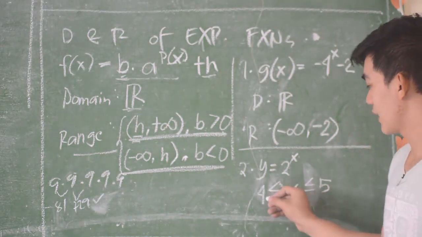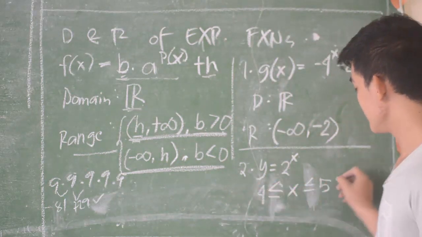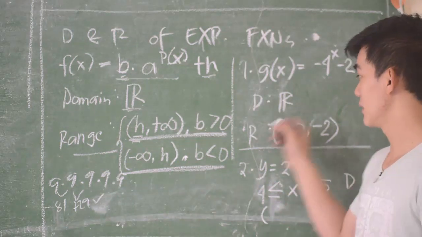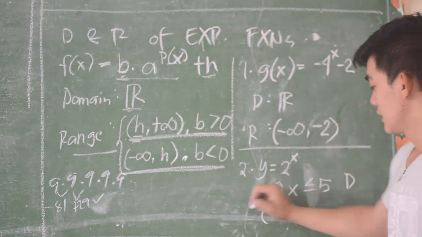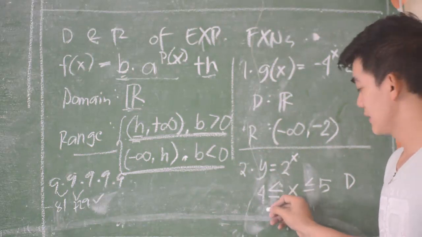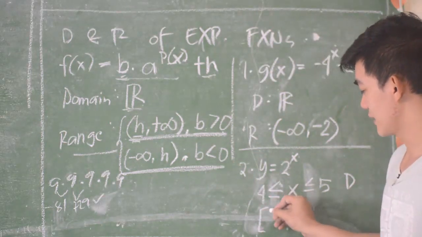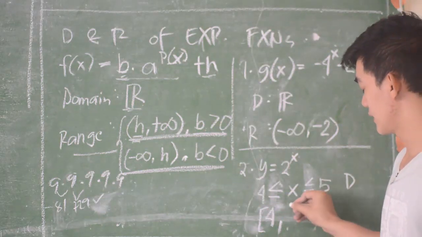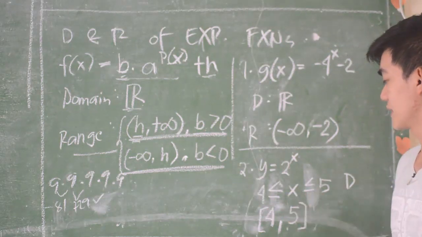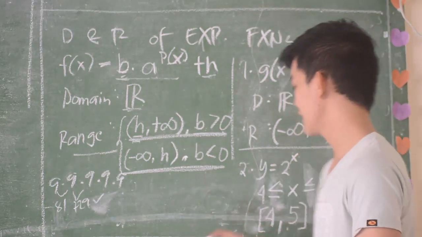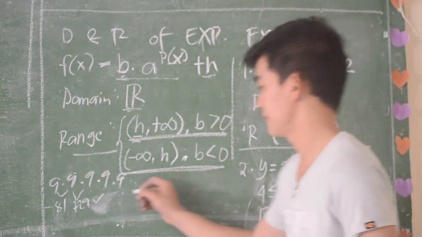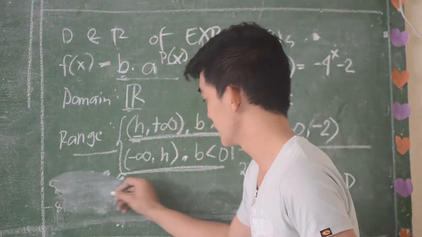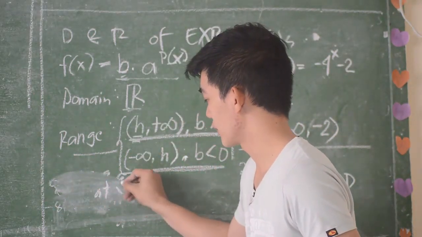So, since restricted yan, ito ang ating domain mismo. This will be our domain, no? Or in this notation, ayan, since may equal dyan, that will be close bracket and then 4, comma. Since may equal rin dito, naka-equal yan, that will be 5 and then close. Since restricted dyan, ang gagawin ulit natin, class, ay isa-substitute yung x, no? So at 4, at x is equal to 4,